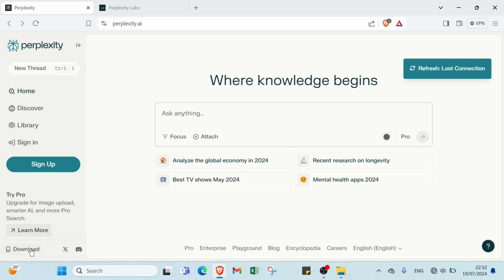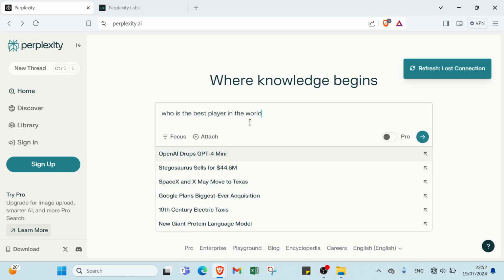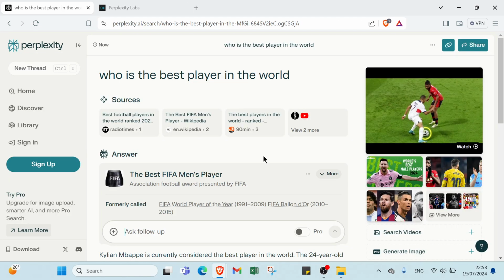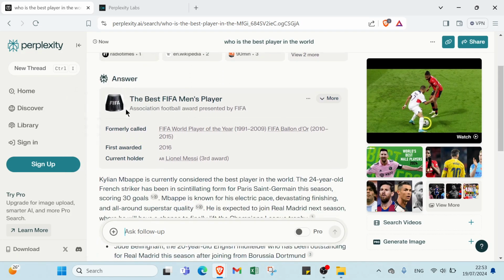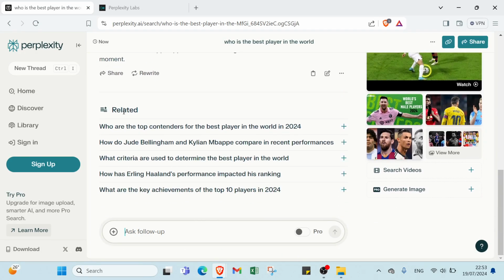Then we have a learn more, knowledge. Here we have where knowledge begins. You can ask anything here, as you can see. So let's try something like, who is the best player in the world. So here is the answer. We have here sources. We have 5 sources, as you can see. Then we have answer. Also we have here related